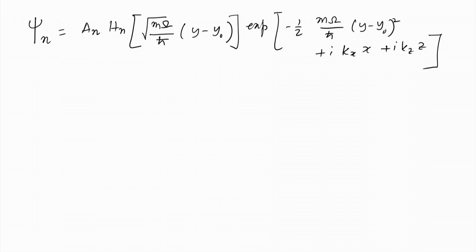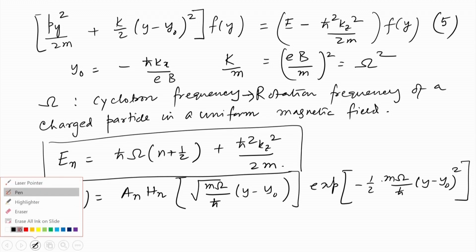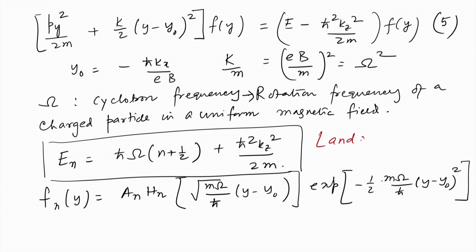This is not a time varying field, it is a constant magnetic field that we talked about. And one can actually get these energy spectrum, which are called the Landau levels. Let us write it in red. The special importance of these Landau levels is that they form the energy levels for a charged particle or electron in a constant magnetic field. These are enormously degenerate,